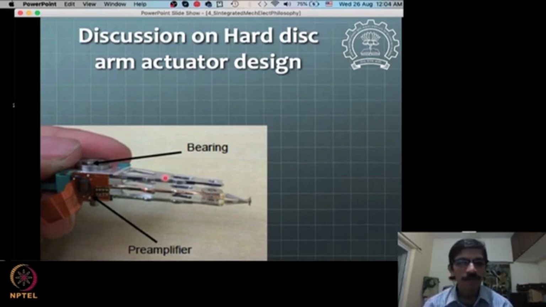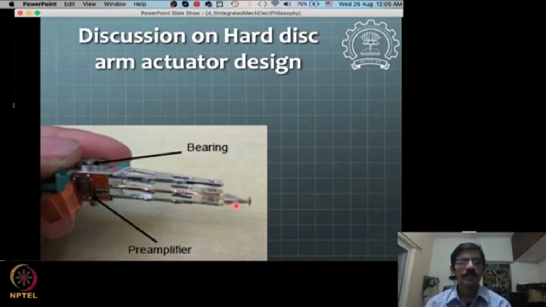What you observe here is this very thin arm, and there are three levels, three layers in which you will have this arm put. Actually the reading is only in this part. This is some kind of read head, the top side of the read head and the bottom side of the read head. If you see this carefully, this is some kind of tweezer-like thing which has to be opened up here, and the disc will be inserted there, and then the head will be going on both sides. There will be one head on the top side and one head on the bottom side.